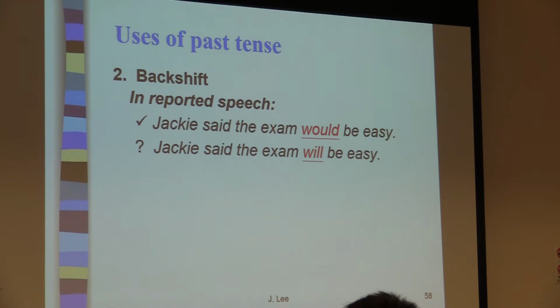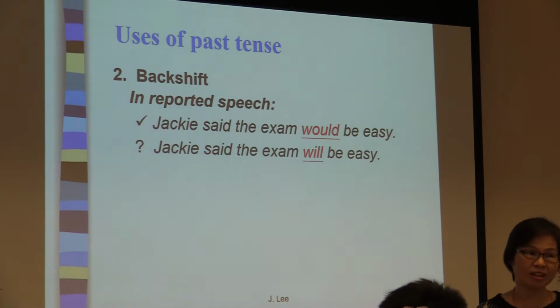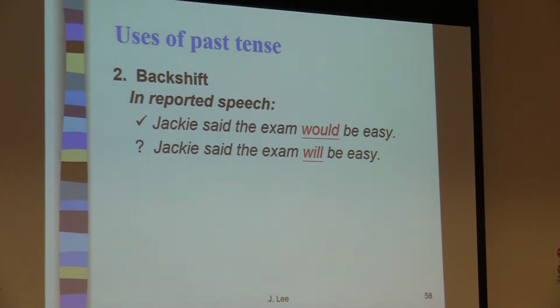But how about yesterday? The university announced yesterday that the class would be cancelled. About the class yesterday: the university announced that the class on Thursday night would be cancelled. Can you say will be cancelled? No, because it's all gone now, right? The class last night is all past time. So you must use the back shifting.